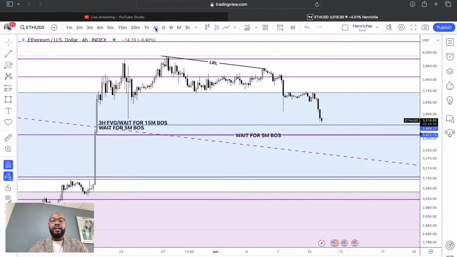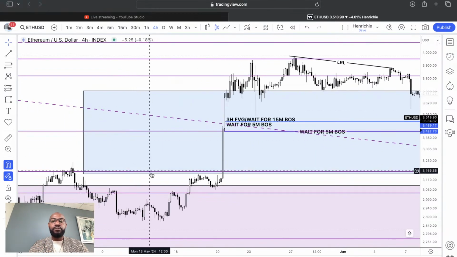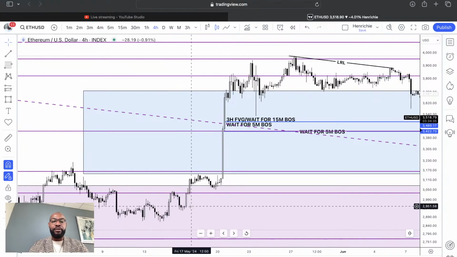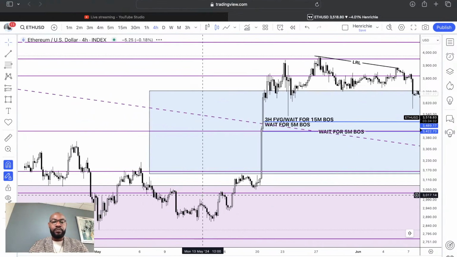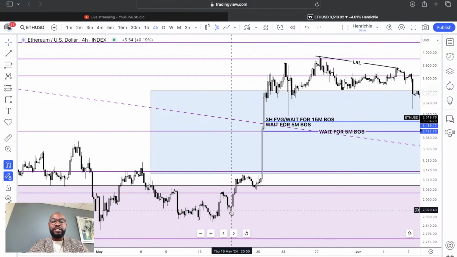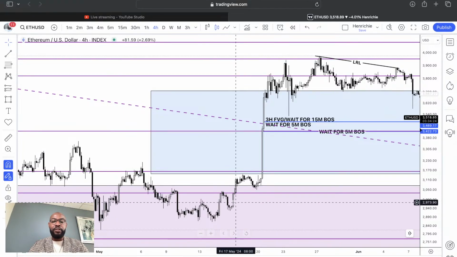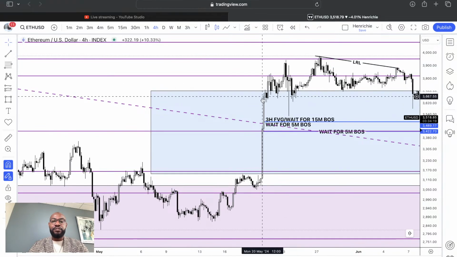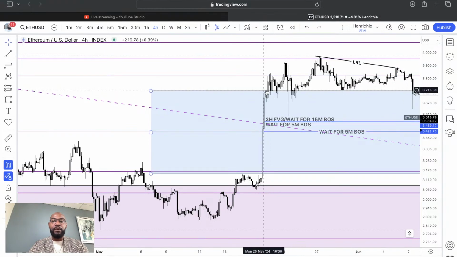This trade, like the other trade I took on Ethereum, so basically after this high got broken, we had this retest. This retest was my first entry, and then I waited for a 2 minutes break of structure here, got in for a second entry, and then I rode the wave to this high. So right here around this key level was my take profit.